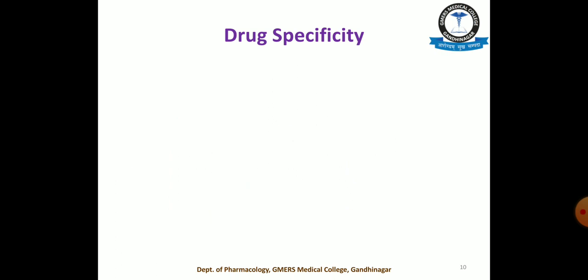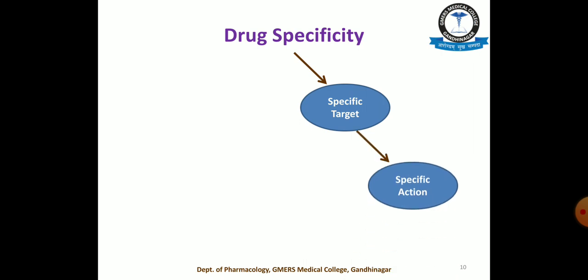Now a last but very important parameter, that is drug specificity. Now as we have discussed, a drug can act on a specific target, or a drug can have a non-selective action. If the drug is having a specific target, then there are chances of producing a specific action, and the classical example is omeprazole. Omeprazole is a proton pump inhibitor which is present on the gastric parietal cell, and it specifically acts on this pump, the H+/K+ ATPase pump, and that's why it has a specific acid suppressant action,